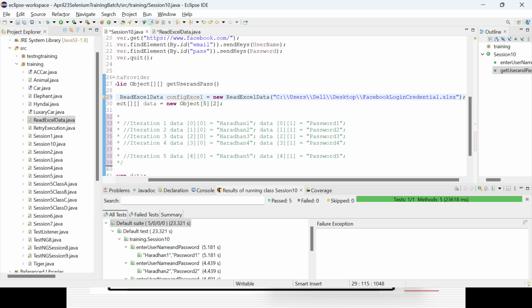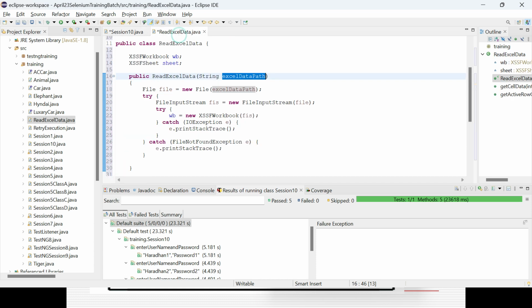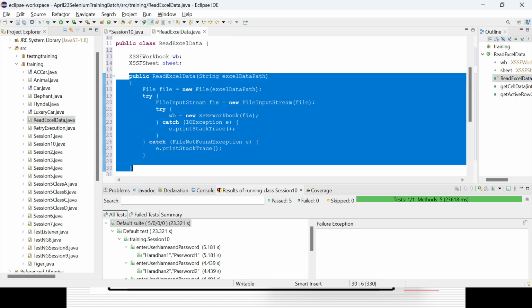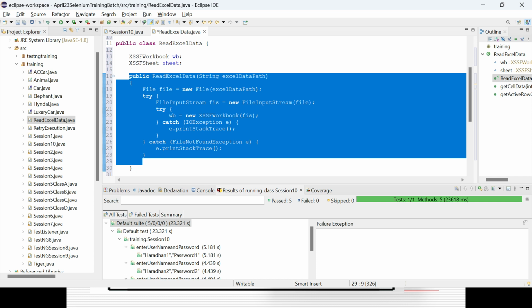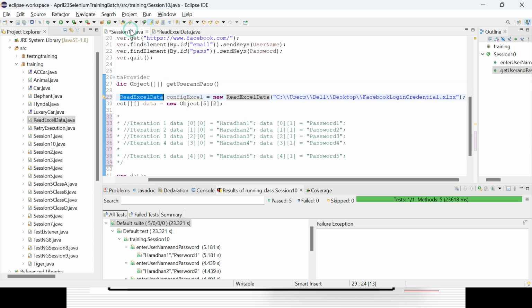As and when I'm creating the object or instance, you could see that the constructor is automatically getting called, right? The constructor is invoked here. You don't need to call any method; the constructor is called automatically, and you are already going to the file path location. That is the reason I'm giving the file path. So that file path I already reached. Then I need to call the